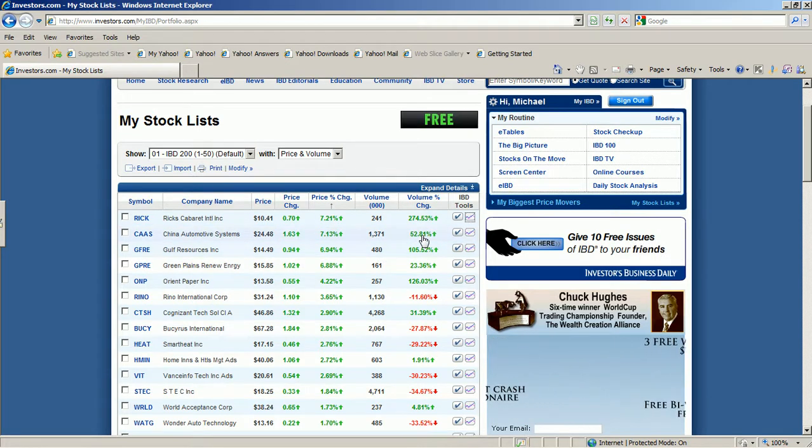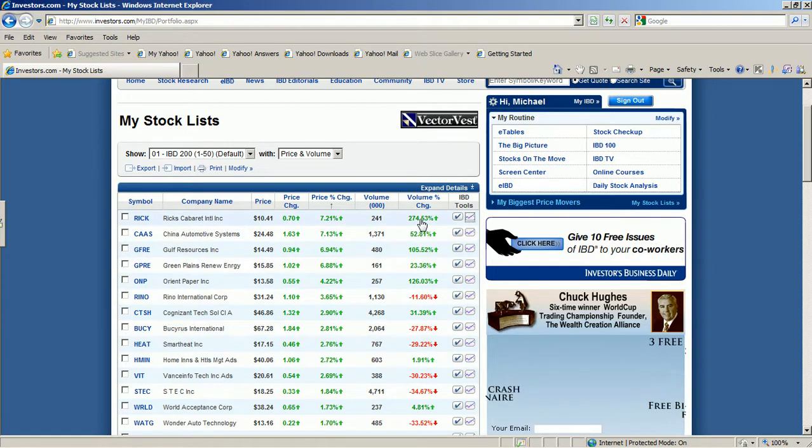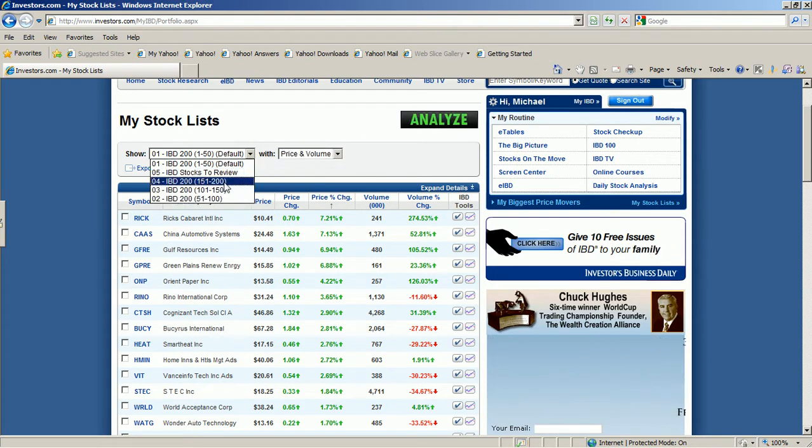Now, I did notice that when I was doing this, sometimes the volume was down here, but the graph showed it actually being up. So I used this data here instead of the graph, because I thought there might be a chance that the graph didn't update. And also notice here that I put this option here to price and volume. You'll notice too that if I go to the other